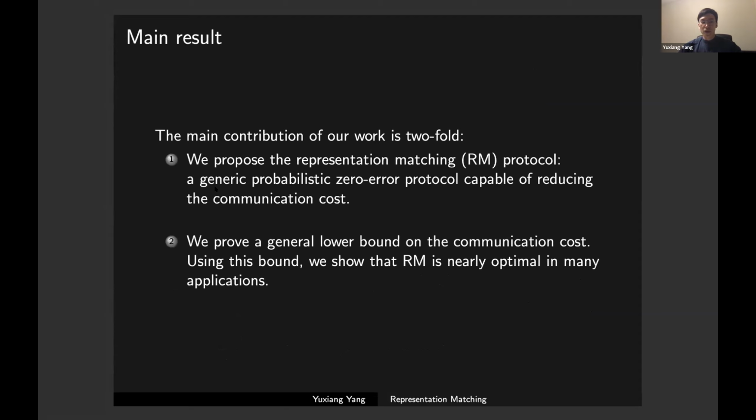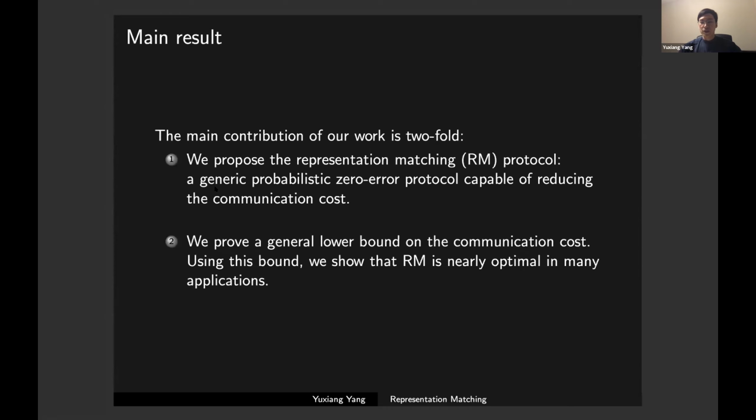And this protocol is actually a probabilistic protocol, and whenever it succeeded, it fulfilled the task with zero error and is also capable of reducing the communication cost. And the second result is that we prove a generic lower bound on communication costs for any deterministic or probabilistic protocols in such a scenario. And using this bound, we can show that our representation matching protocol is almost optimal